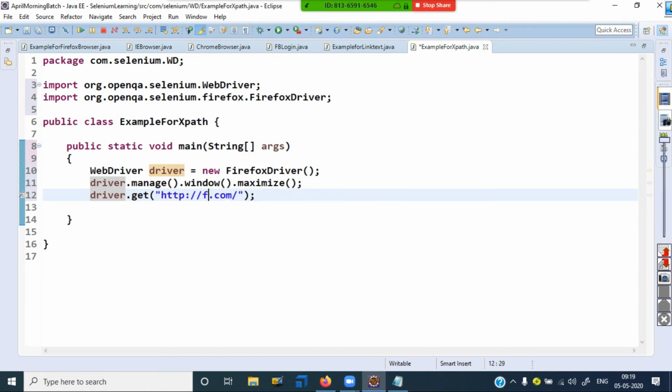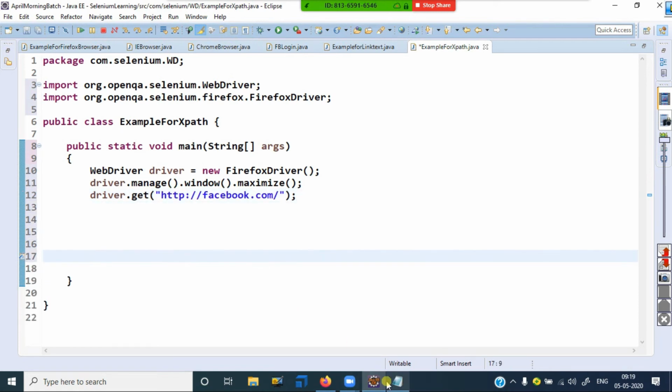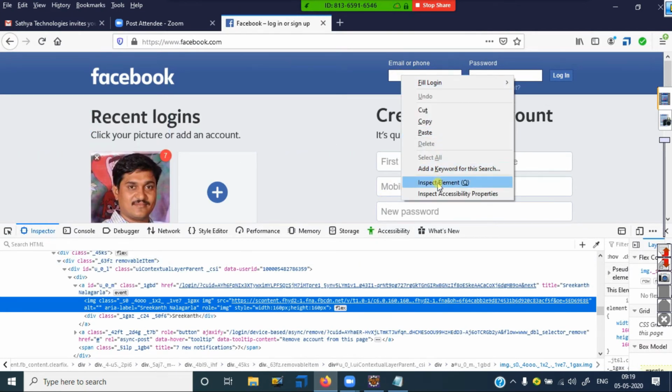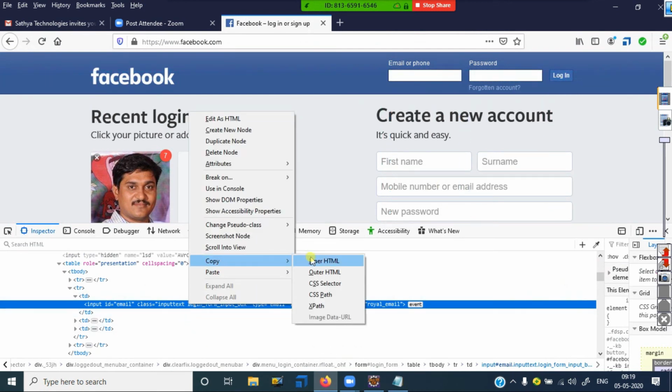Okay, Facebook, any application, not a problem. Okay, facebook.com, we can open it generally, but now we'll do the same to perform that in the application. This is what we can go for. Right click, this is Inspect, and right click, copy, paste it.